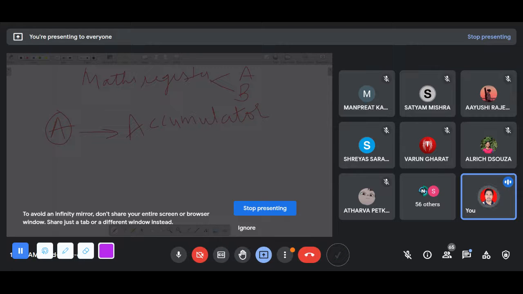Whenever you do addition, whenever you do multiplication, whenever you do any arithmetic operation or logical operation, one of the operand is taken as A. For example, if I want to add two numbers, you can take one operand in A and other operand you can take in B, or the register R0 or R1. If you are doing the multiplication,